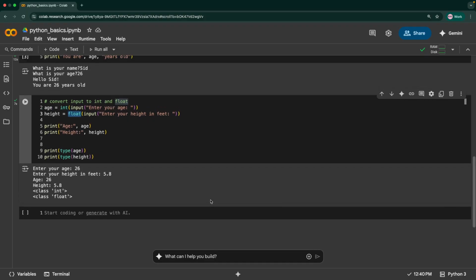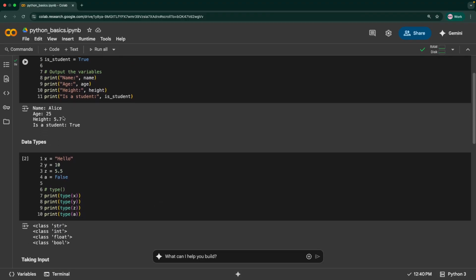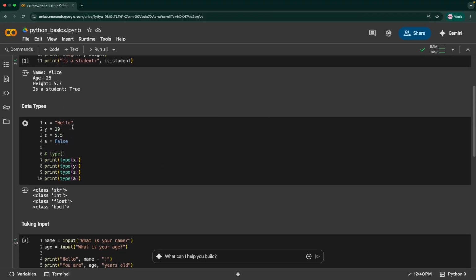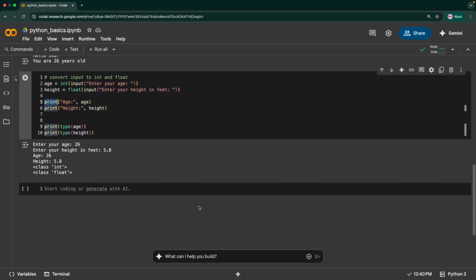So that is the next part that we have discussed. So the next part would be about operators, as we have discussed. So far we have discussed the variables, like you would store the data in the variables like this, and then the basic data types that we have in Python, and then we have also discussed how to take input from the user. Output, you can just use this print statement to print it to the user. And next we are going to discuss operators in Python.